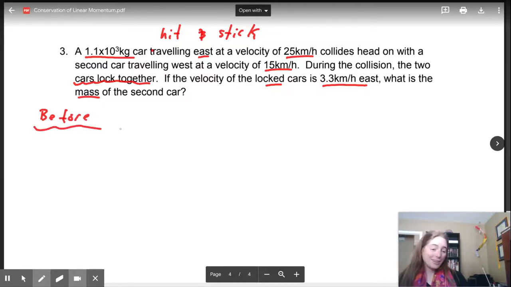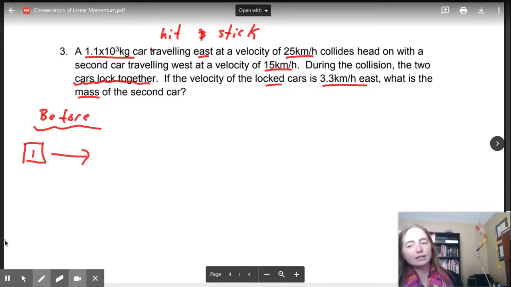And yes, on these ones, I am going to be taking points off if you don't at least draw these things. Okay, so here is vehicle number 1. It's going to be the car traveling east. The car traveling east has a mass of 1.1 times 10 to the power of 3 kilograms. Its velocity is going to be 25